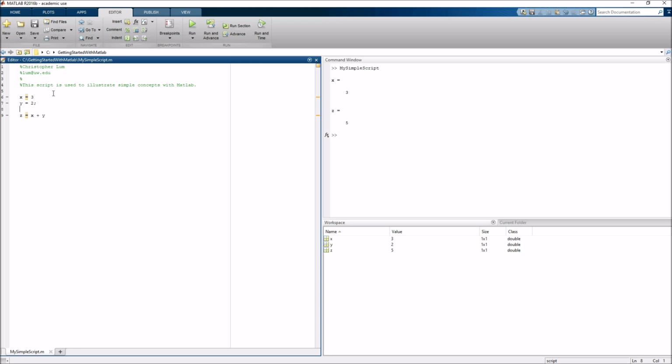And what I can now do is I can just re-edit this, or, why don't I make a couple of changes while I'm at it. I'll change this here to pi here, and I can now go ahead and click on the run button here to re-execute the script. Or if you hover over this, you'll notice that MATLAB's giving you another little hint here that you can actually press F5 to execute a script. So if it's too much work for you to come up here and click on this run button, just go ahead and save your script and then just hit F5, which I did right there,